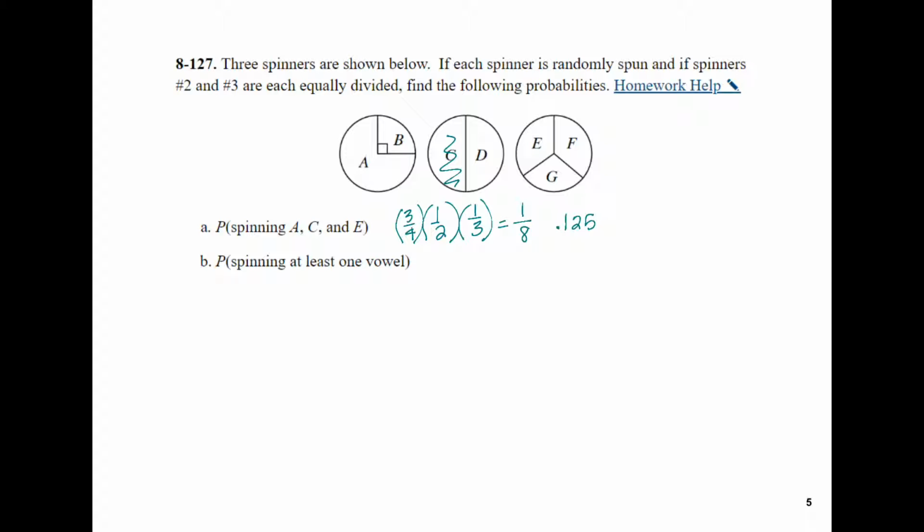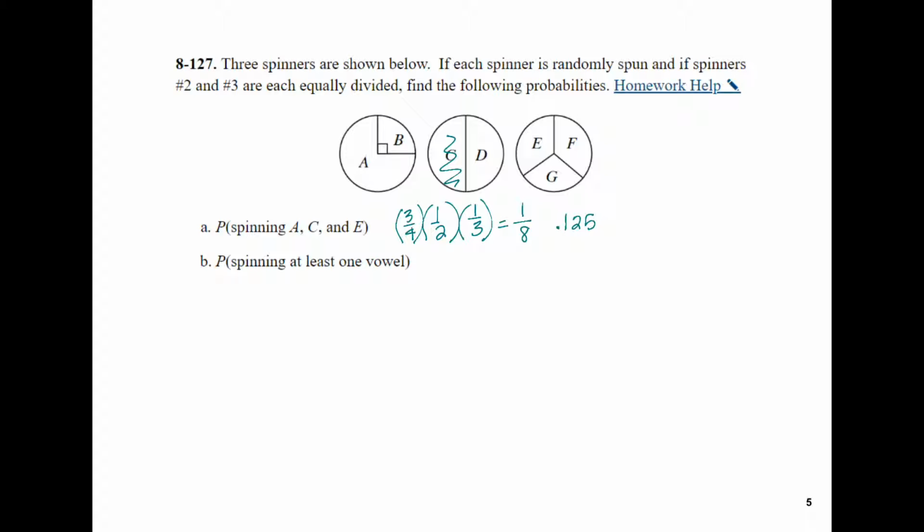So of spinning a vowel in the first one, we have a 3/4 chance. We have a 1 out of 2 chance to spin a vowel in the second spinner, and in the third spinner we have a 1 out of 3 chance. So if we use an area model instead to determine our probability of spinning a vowel,